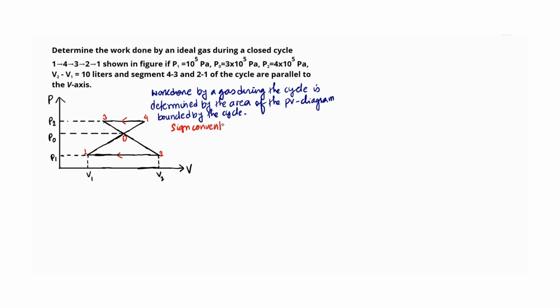And we use a sign convention. We can take work done as positive, and we can take work done as negative. So in order to take work done positive and negative, we follow this sign convention. If the loop is traced, suppose we are moving in the loop in clockwise